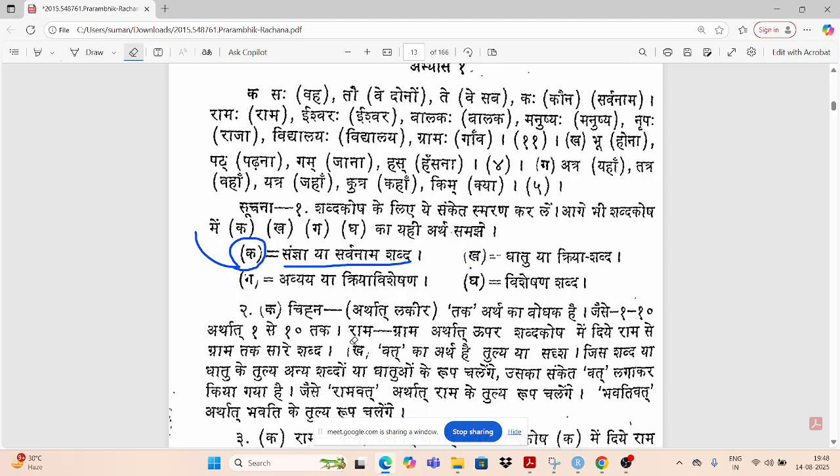If somebody says Ram till grama like this with this symbol, then you have to understand that it contains everything from Rama till grama. The other thing is,